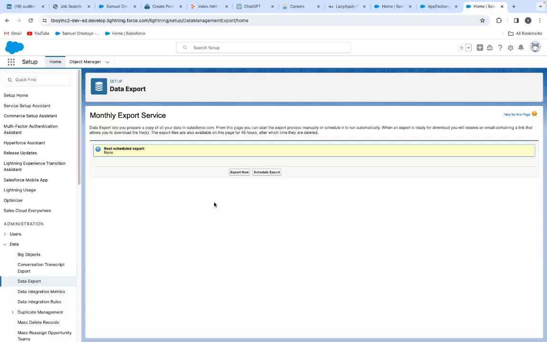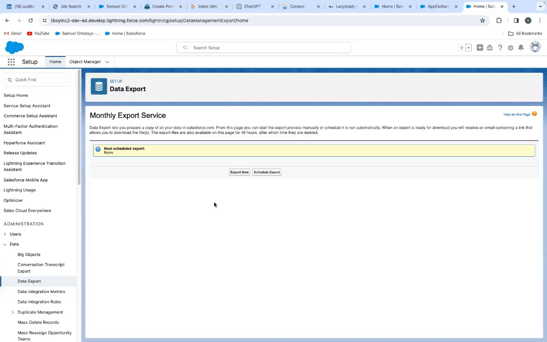So I already explained that export now simply means you don't schedule it. The schedule export simply means that I want to export some records, but I want a situation whereby, why do you need to export in most cases? For backup, in case there is a breakdown of whatsoever system or something. Then you click on